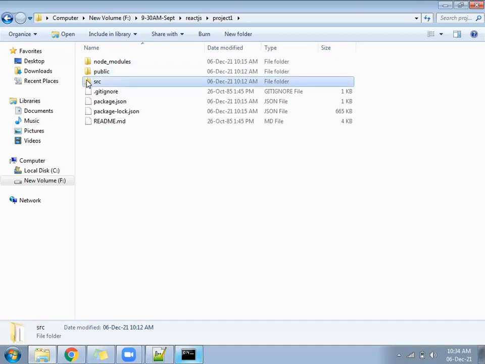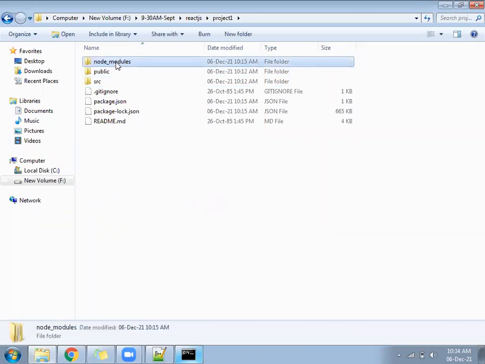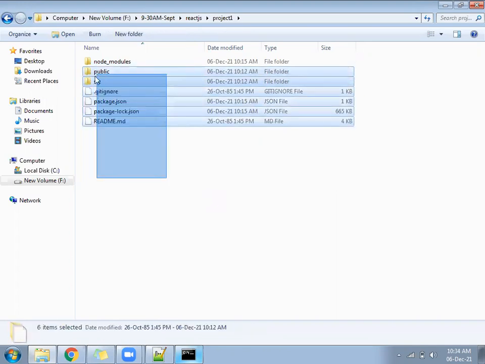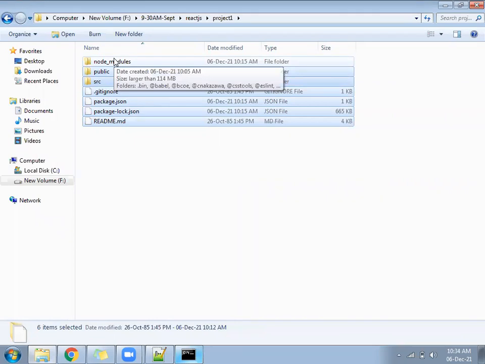In future, suppose you are creating a project and you want to give it to someone else as source code. At that time you are not going to give node modules. Node modules is heavy and will take a long time to transfer. So we should give only the public folder, the SRC folder, and the remaining files, and we can leave out node modules. Whoever receives the folder knows what to do: after taking the folder, run npm install, and node modules will come automatically. I'll guide you on that while giving the project to someone.